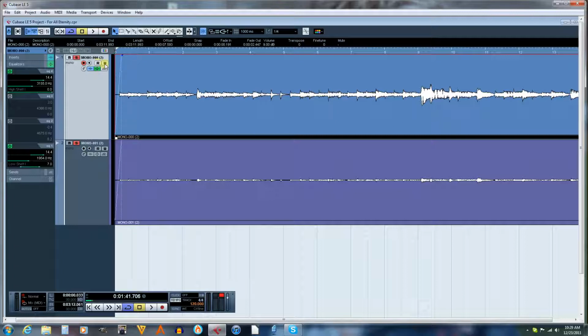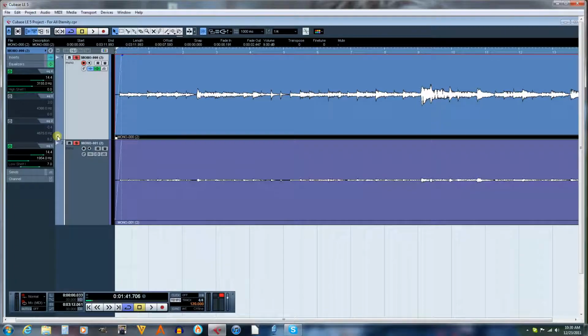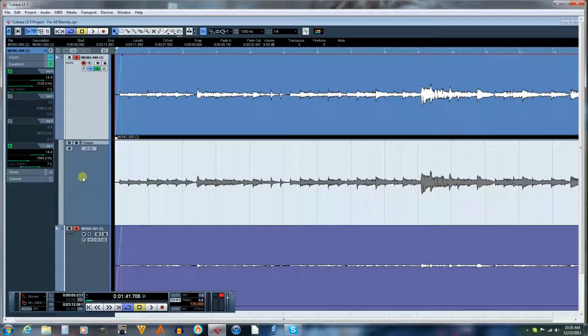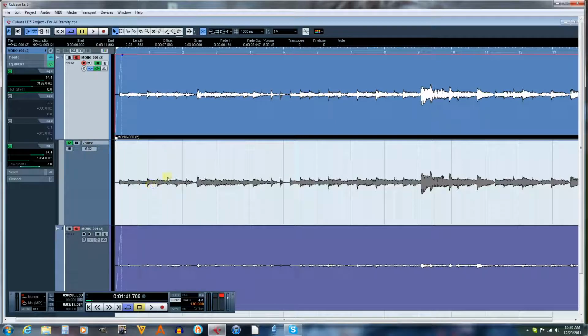Okay, on the read and write enable, those are basically for volume changes or panning, or if you go down here and click the little show hide animation in the corner of each track. Each track has that little show hide animation, and it's got the read, write, enable. So if I click on read, and if I'm using the volume, this particular one, it's already selected on volume, so I'll just leave it there. And then you go over here, and I can click